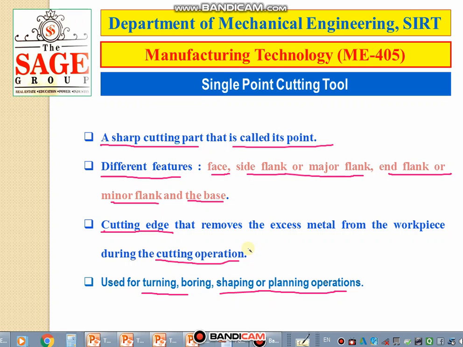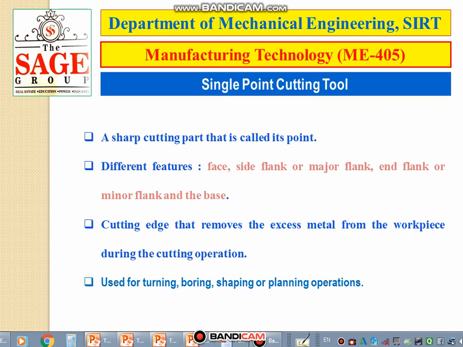It does not mean that the single point cutting tool has a single cutting edge. No, it has two cutting edges, the end cutting edge and the side cutting edge, but during the operation only one cutting edge is effective, that is responsible to remove the material. That's why it is called a single point cutting tool. So this is the definition of the single point cutting tool.